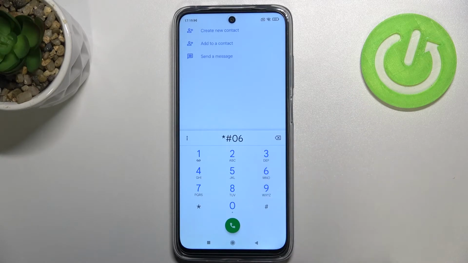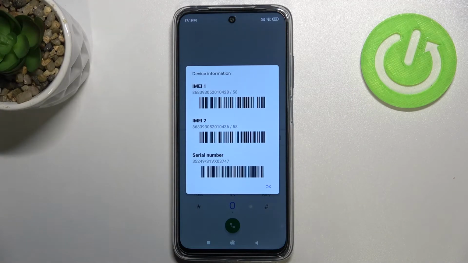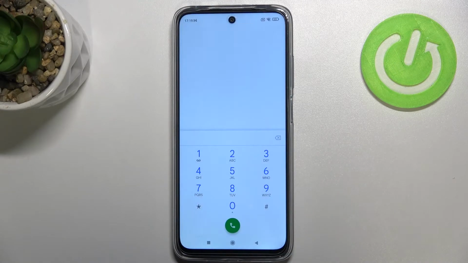Of course, a misclick, *#06#. And as you can see by this code, we are provided with both IMEI numbers and also a serial number attached to this device. Let me tap on OK